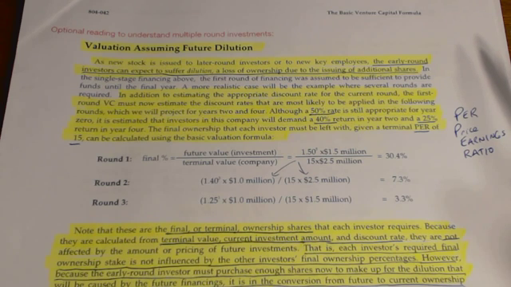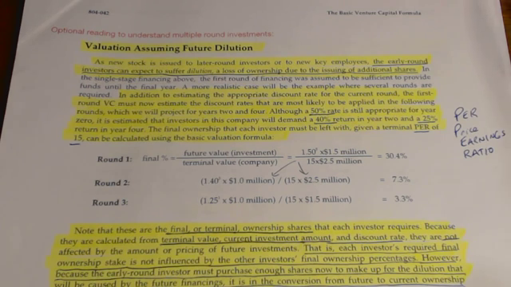You bring in a venture capitalist and they invest and buy 50% of the company. Well, you as the original owner have now been diluted in your ownership from 100% to 50%. It's the same thing when you have more than one round of financing. If you buy financing in round one, people that buy financing in round two dilute your ownership because now there's more shares, and people that buy shares in round three, since there's more shares now, dilute round one and